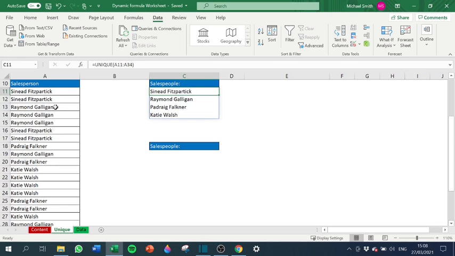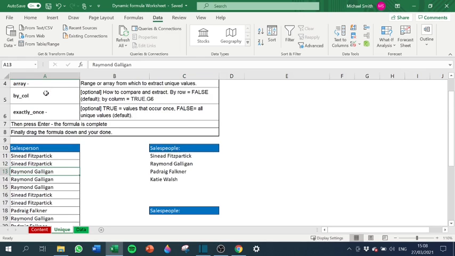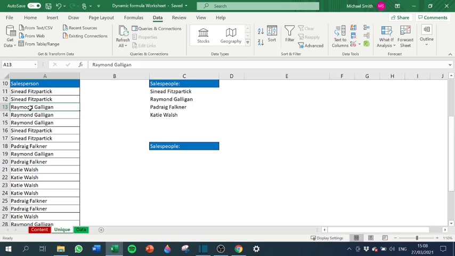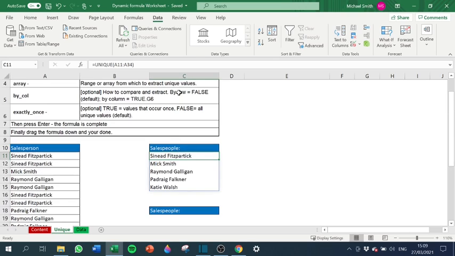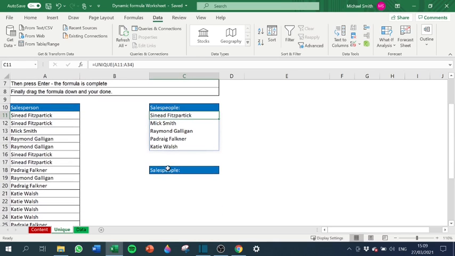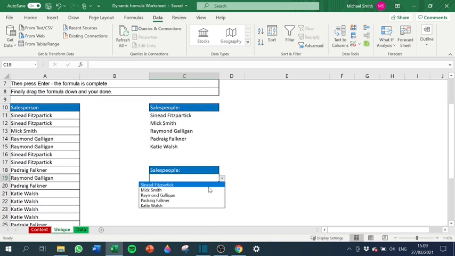Now, the benefit of this is, should my list here be updated, so say one of the Raymond Galligan inputs is changed to Mixmit, you can see my unique formula has automatically updated, but also my data validation is automatically updated. So that's quite a useful tool when